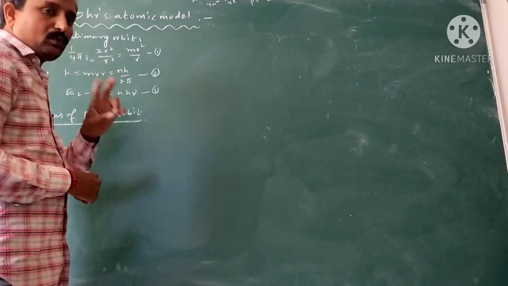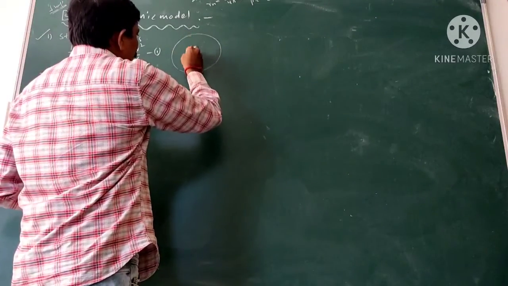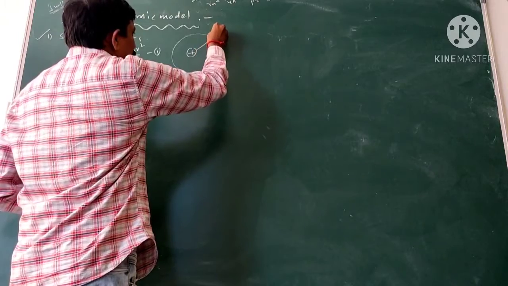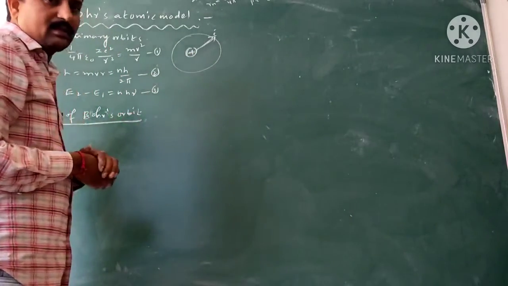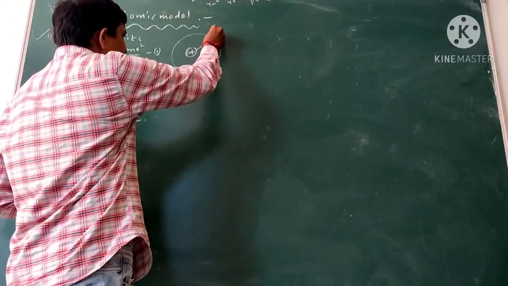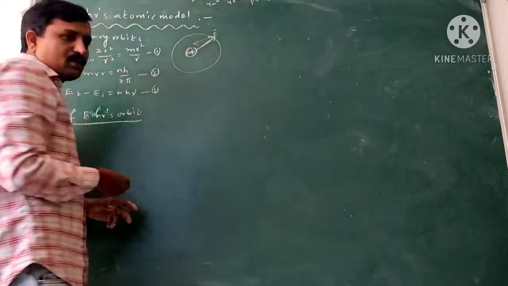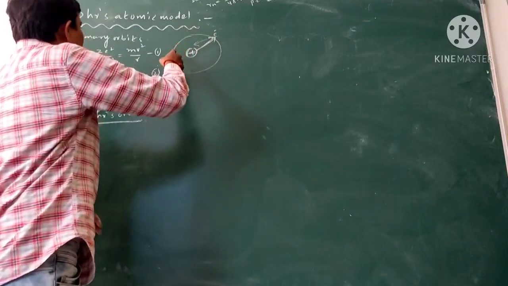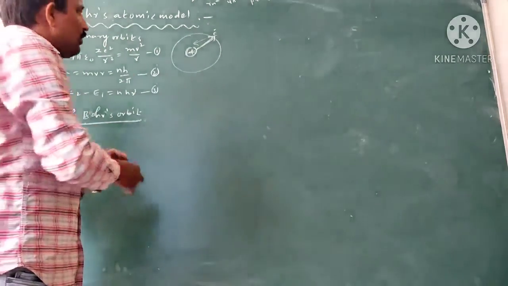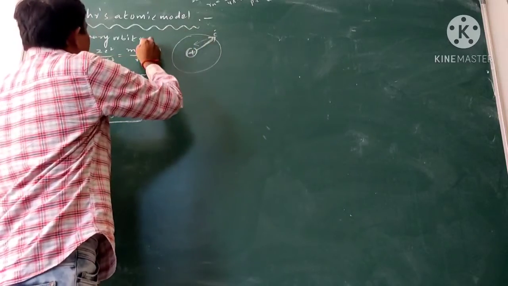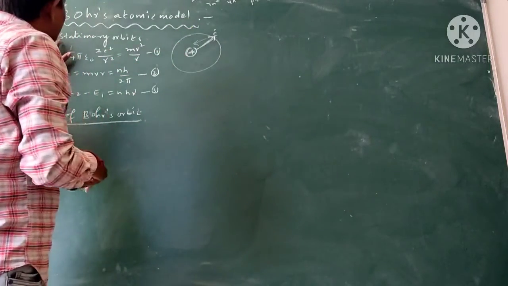two types of forces are acting on the electron. One force is acting on the electron from the nucleus, that is called Coulomb attraction force. Another force is acting towards the center from the electron, that is called centripetal force. When the two forces are equal, only then is the electron revolving around the stationary orbit. So the Coulomb attraction force and centripetal force are both equal,